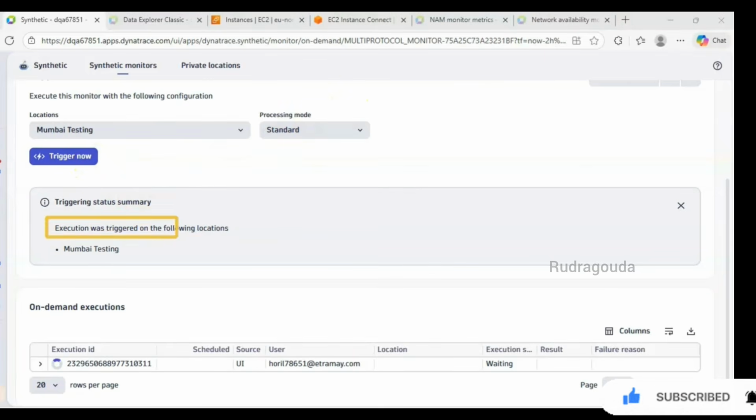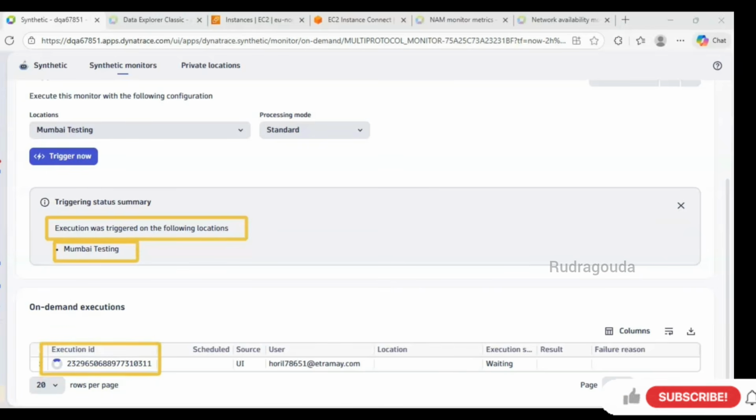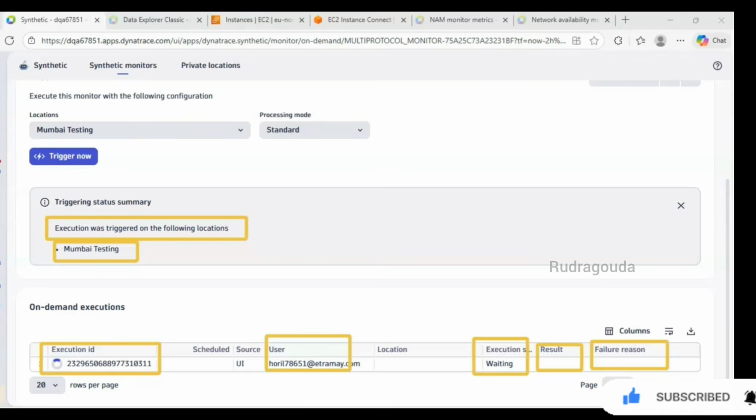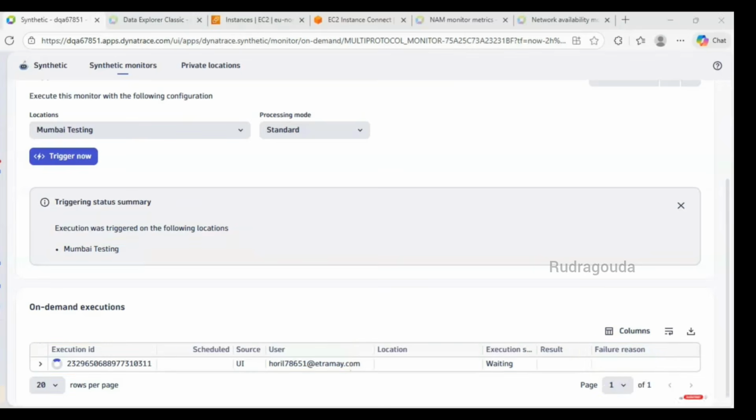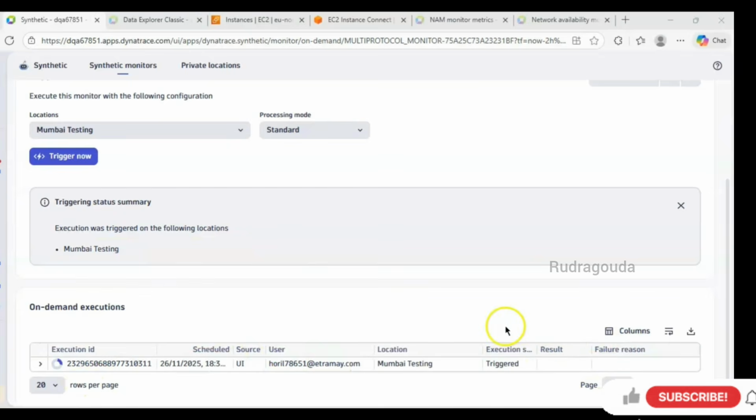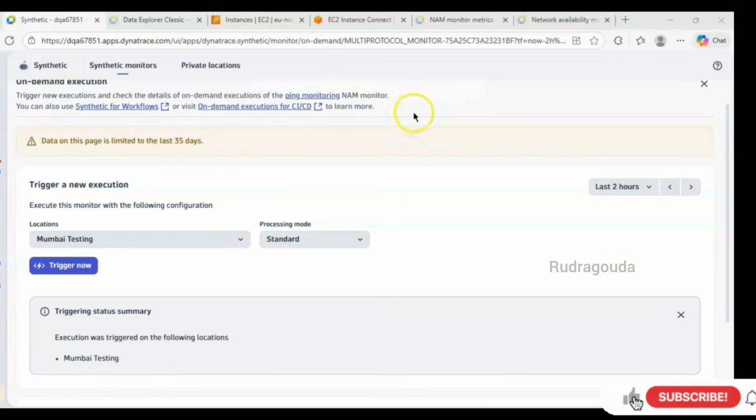You can see that execution was triggered on the following location, that is Mumbai testing, and it is giving the corresponding information, like the execution ID, who has started this one, from which location, what the execution status is, if it failed and for what reason it is failing, and what the result is, whether it is a success or failure. It is going to give all the information. So just wait for 1 or 2 seconds and you are ready with your data. The execution status is triggered and it should complete. Yes. Now you can see that data are retrieved and the result is also success. It means we are now able to get the data properly